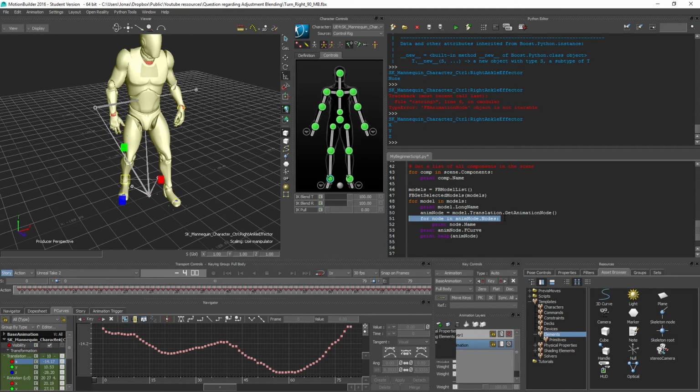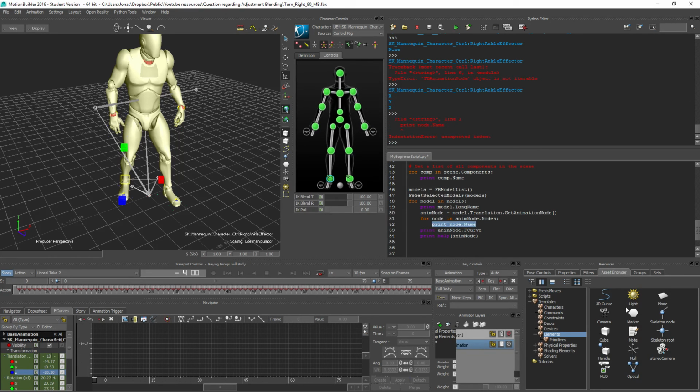Sorry about the mess, but yeah, as I said, this is all new to me. So you're gonna get to see me fumble around. So now we have the X, Y, and Z nodes. So they represent these here. And once we have a node, that means that we can also get access to the FCurves. So under here we should be able to say FCurve equals node.FCurve like that. And an FCurve has keys, so again we can say for key in FCurve